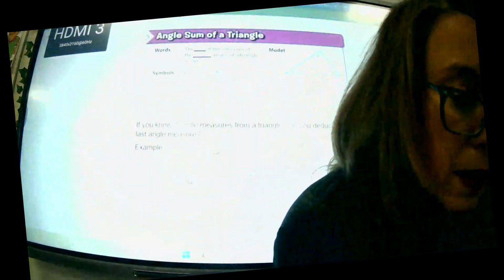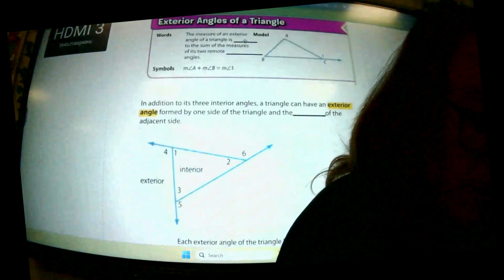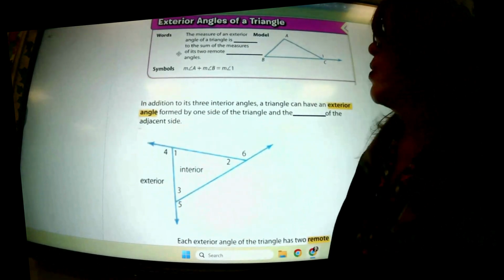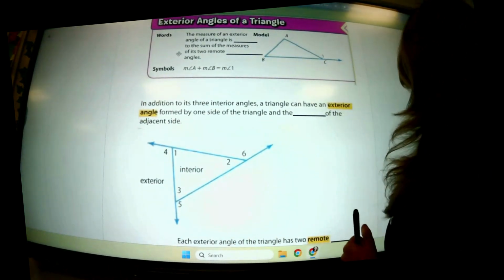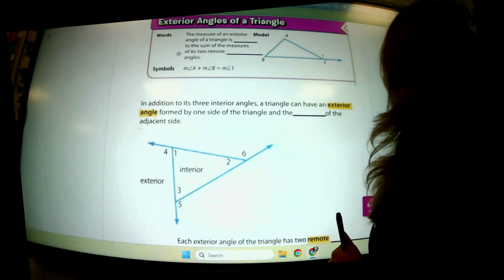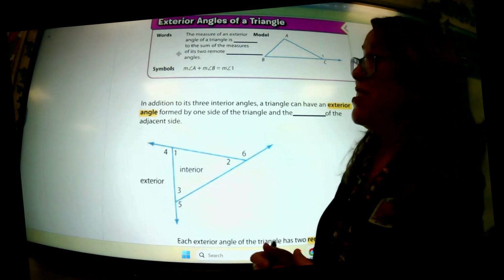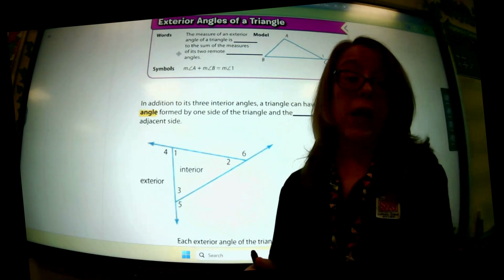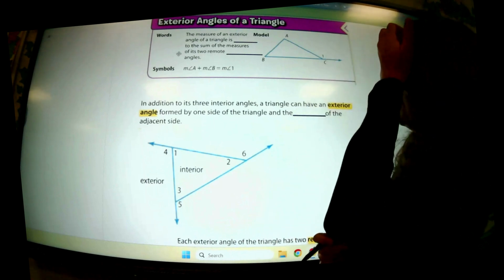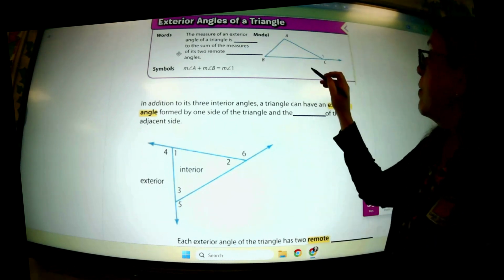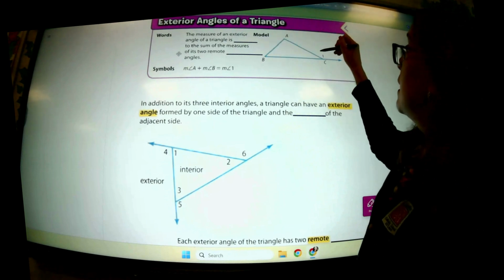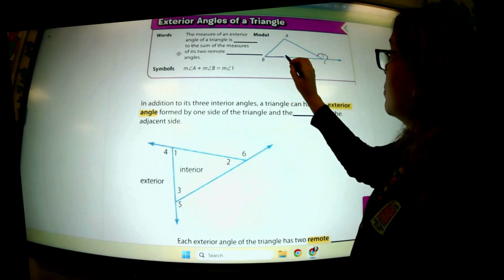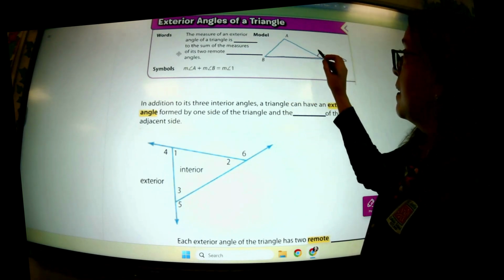Okay, so let's see what else we have here. We also have these things called the exterior angles of a triangle. These are a little bit weirder because when you first look at a triangle, you don't really see them. You actually have to do something to the triangle to find the exterior angle. So basically, first of all, this is what you do. You have your triangle and you look at one edge of it and you extend out that leg,